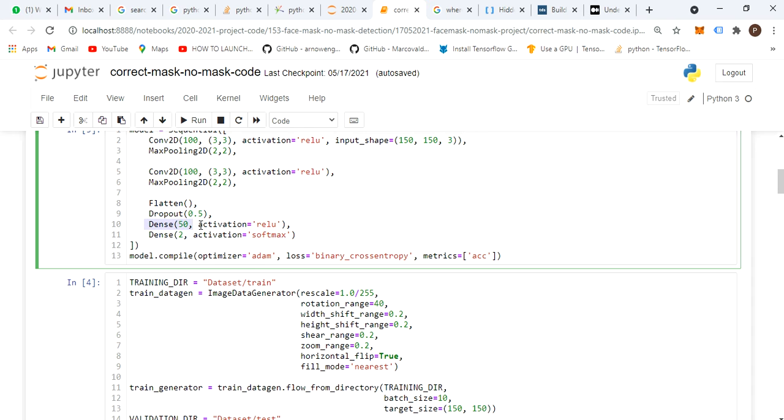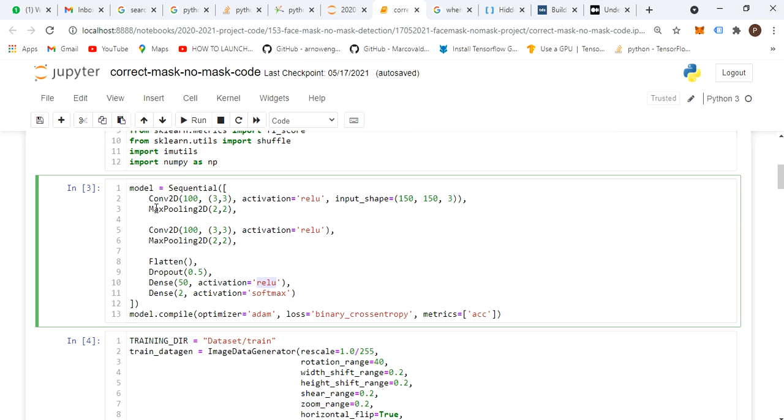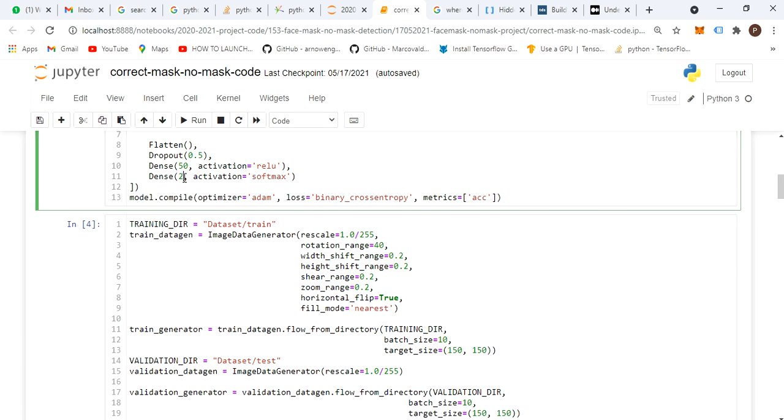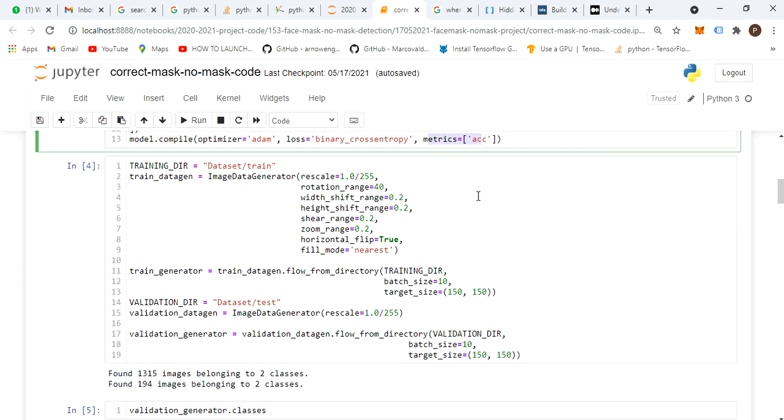After that we are forming a dense layer, which again has a ReLU activation function. This is the formation of the convolution input, then hidden, then the output layer, which has two units because we are getting no mask and mask as output. We are compiling the model with the stochastic gradient descent optimizer, and here it's binary cross entropy. It can be categorical cross entropy also, but in multiple-class cases. Here we have only no mask and mask. After that you have metrics as accuracy.